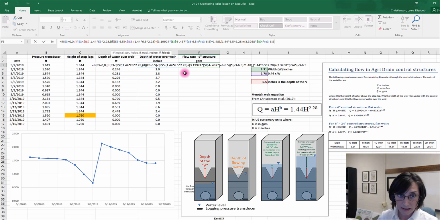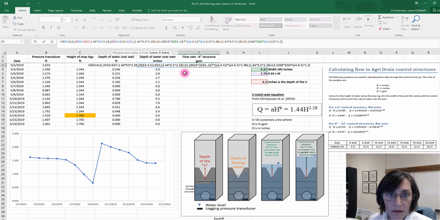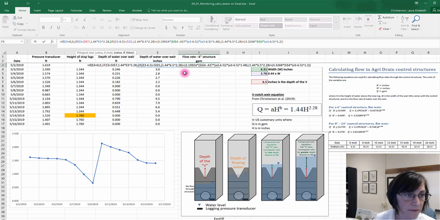So E3 minus 6.5, and that's raised to the 1.2. Okay, so that closes that. My parentheses now closes that if statement. I need another parenthesis to close that green one, and then closing the purple, closing the orange, now closing the black.